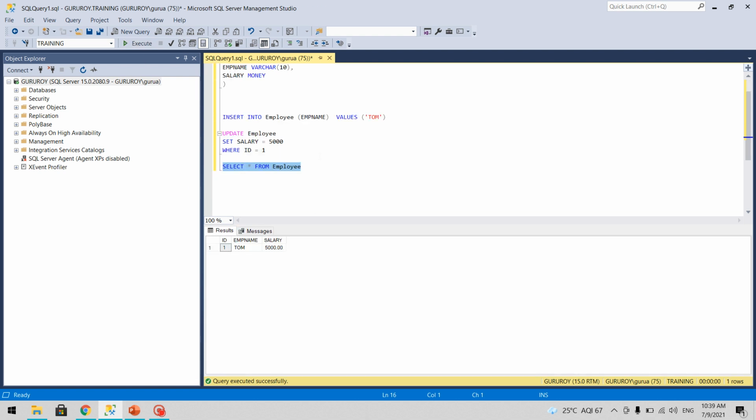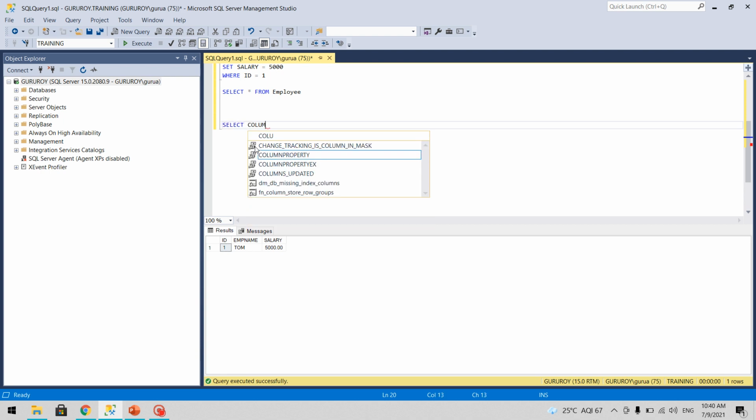Now what is the basic statement in writing a basic DQL? It is select, then we specify columns.